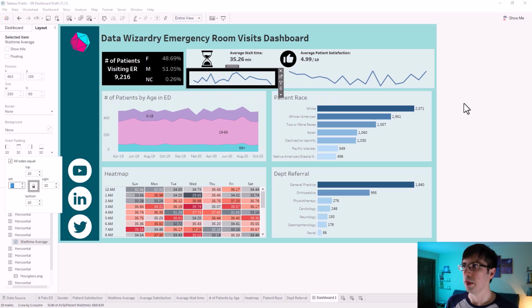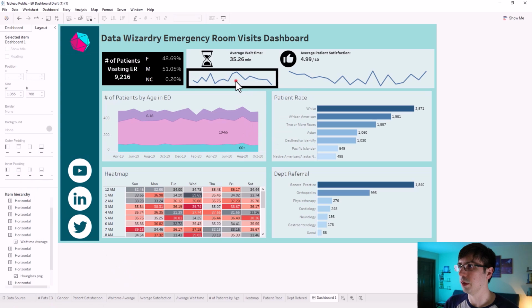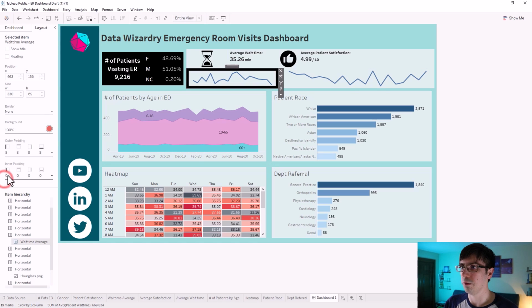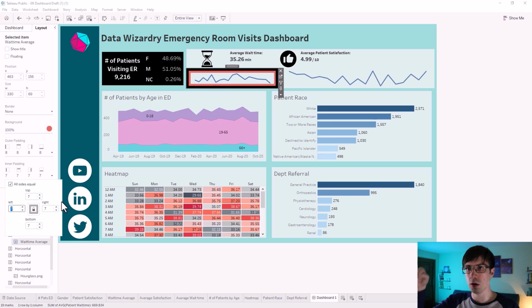That's because this parent object, when I up the outer padding, that background color of the parent container is going to push inward on the child. So if I go up on the outer padding, that black border gets larger. If I go down, it gets smaller. Now what happens if I were to click on this and I were to give it its own background color? Let's give it a salmon color, for example. Now if I go to inner padding and I increase that, it gets its own border that also is pushing